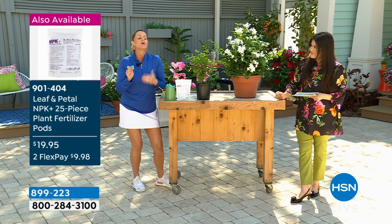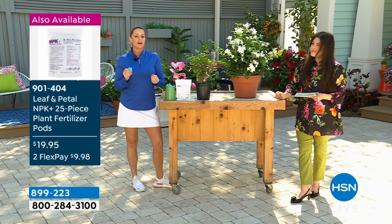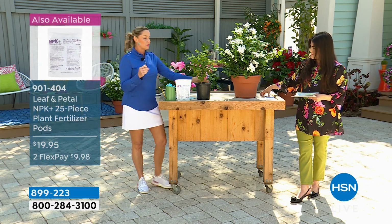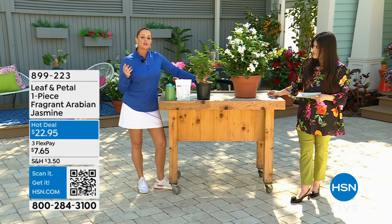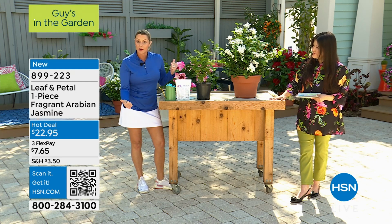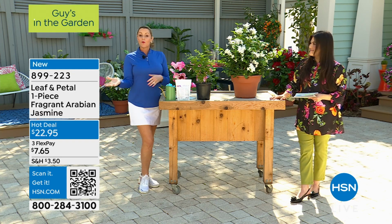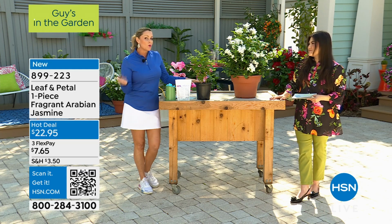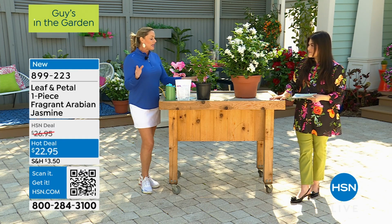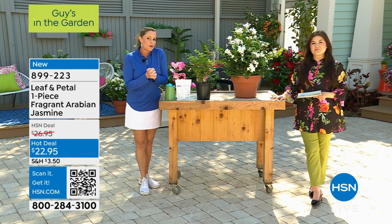And then also, you guys, we always talk about proper care. I want to make sure that all of you know, when you get these plants home, like this one for example, what I want you to do is pull it out of the container and water it. And when you plant it, you gotta water it. And then what are you gonna do the next day? You're gonna water it. It is low maintenance, so once it's established, you won't have to baby it that much. But I do want to, if I can, pull up a map,